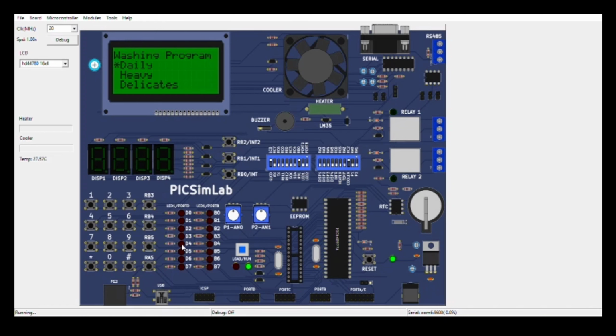In order to scroll between options, we can use RB3. Pressing it for a shorter duration will help in scrolling, and giving it a longer press will select that option. So we will scroll through daily, heavy, delicates, stain wash, eco cottons, woolens, bed sheets, rinse and dry, wash only, aqua, and again it keeps on looping itself. Let me press heavy,